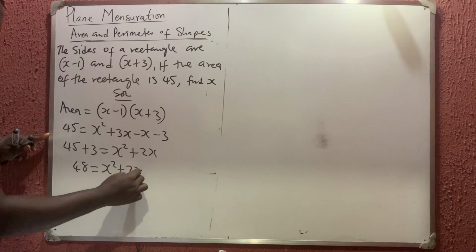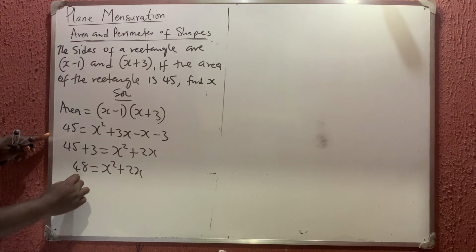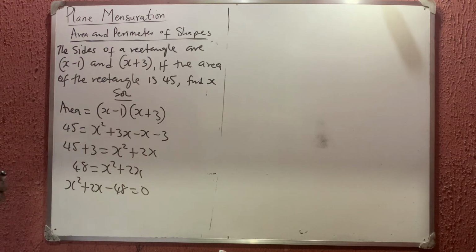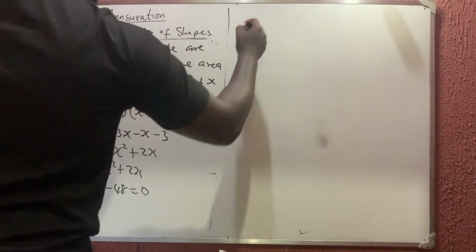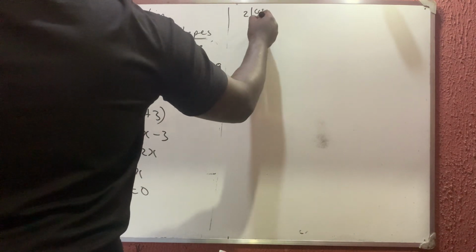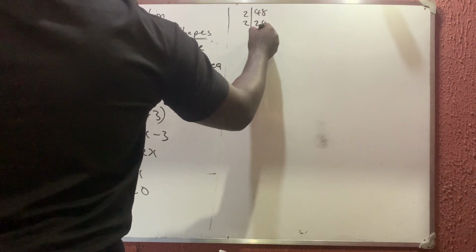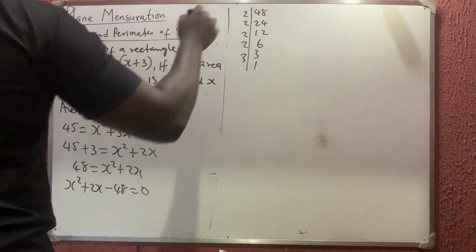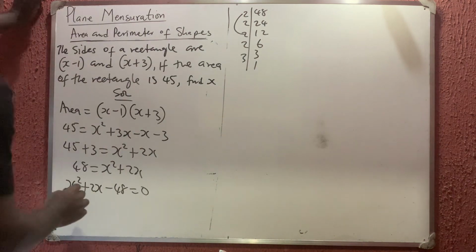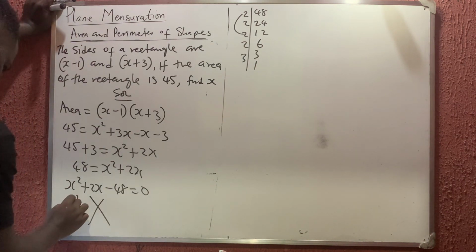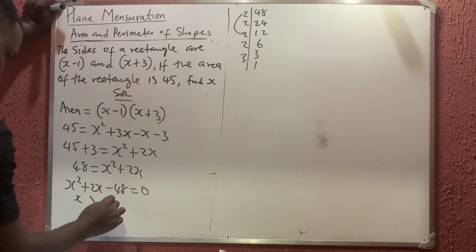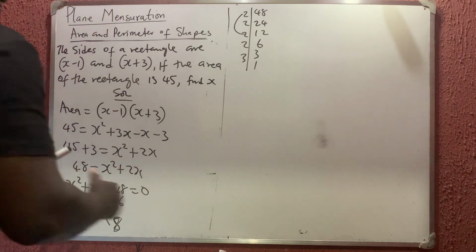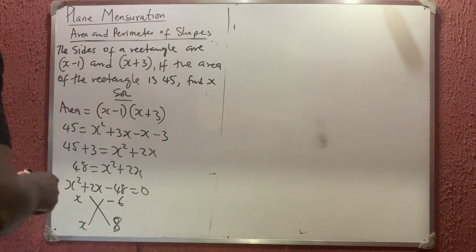X squared plus 2x. So this one coming here, I'm going to have that x squared plus 2x minus 48 is equal to 0. So let us find the two factors that will give us 2 from 48. 48, 2 divide is 24, 2 divide is 12, 2 divide is 6, 2 divide is 3, 3 divide is 1. So I'm having 8 and 6. So 8 and 6 obviously. So this is x and x. Here is minus 6 and then plus 8. So we're going to have that, if you check it, is